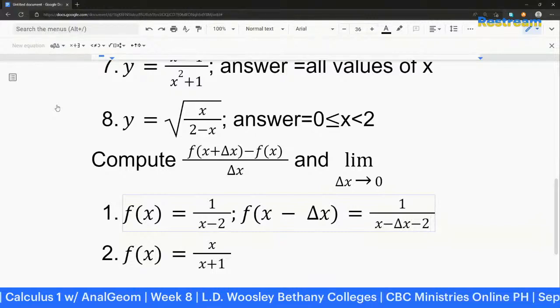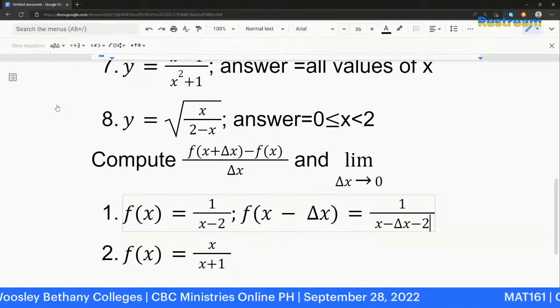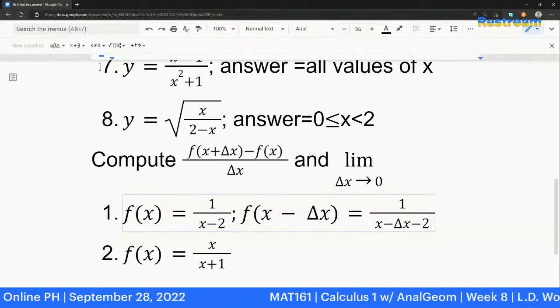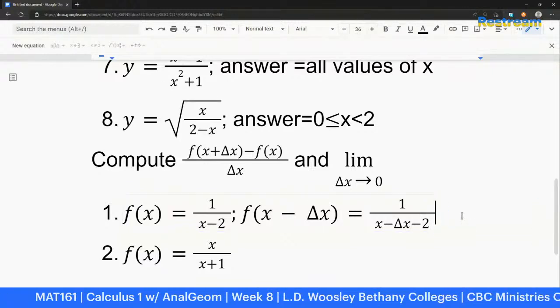Ayan yung sagot. Oh, combined. Noraline and Ranji, combine. Subtract, get the difference. Ayan. So, kung kukunin mo yung difference niyan,